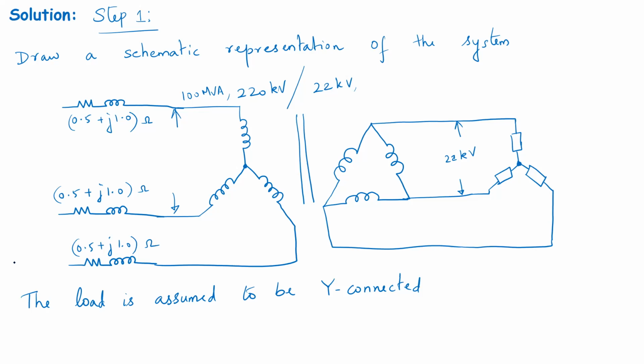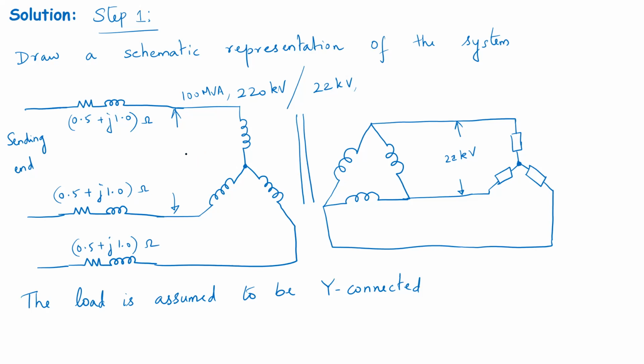That is the impedance of the feeder. So the sending end of the feeder is basically the points to the left of these impedances. So this corresponds to the sending end of the feeder. What we need to determine is the line-to-line voltage at the sending end, and the line-to-line voltage at